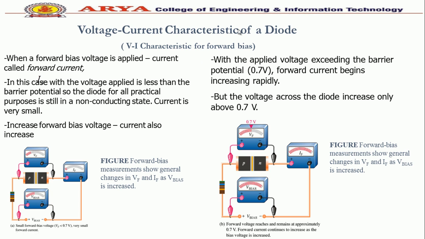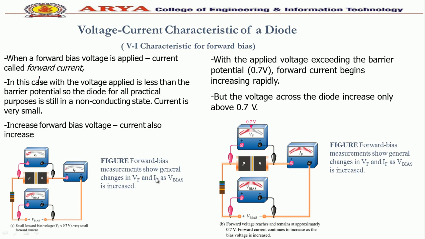Next is the volt ampere characteristic of a diode in forward bias and reverse bias. If we talk about forward bias, the P side of the diode is connected to the positive terminal of the battery, while the N side is connected to the negative terminal of the battery. The potential across the PN junction can be varied with the help of a potential divider or resistance. At some forward voltage, either 0.3 volt for germanium or 0.7 volt for silicon, the potential barrier is altogether eliminated and the current flows in the forward direction. This voltage is known as the threshold voltage or cut-in voltage. We can also call it the knee voltage. It is practically the same as the barrier voltage, which can be represented by VB.